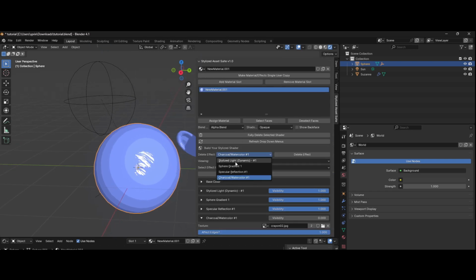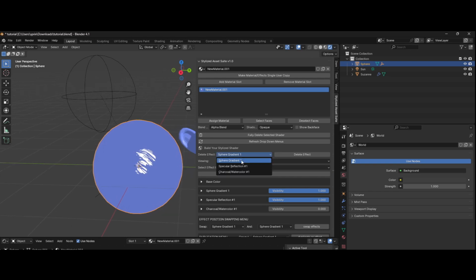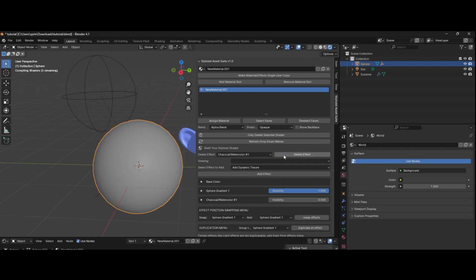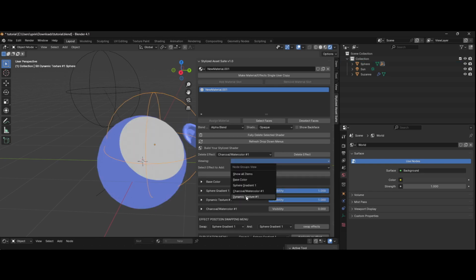For now I'm just going to disable a few other things so that it doesn't take up space in our view, so that I can just show you what the dynamic texture is doing. So I'm removing some effects here. Okay, so I'm going to hit Add with the dynamic texture effect selected, and I'm going to view it, view